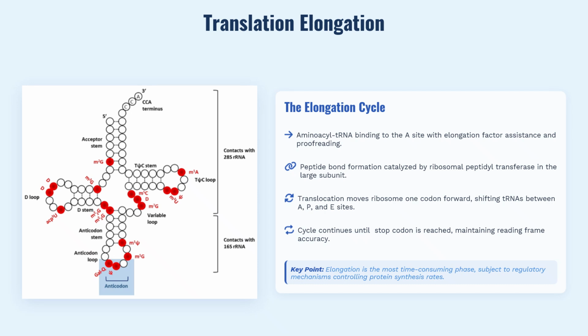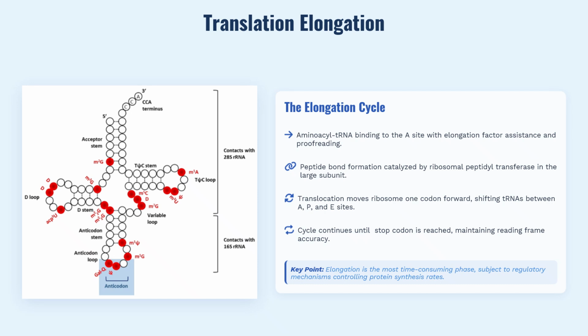Translation elongation is the phase where the ribosome moves along mRNA, adding amino acids to growing protein chains in a cyclic process. Each elongation cycle involves three main steps: aminoacyl-tRNA binding to the correct site, peptide bond formation, and translocation. During binding, the correct aminoacyl-tRNA enters the A site with assistance from the elongation factors, ensuring